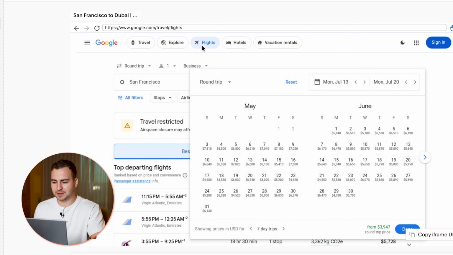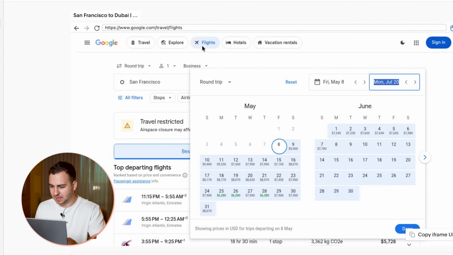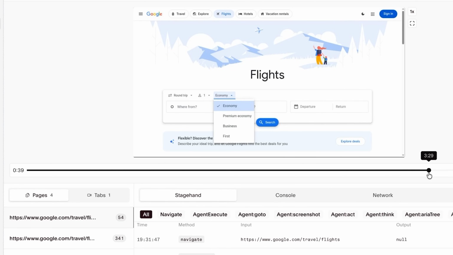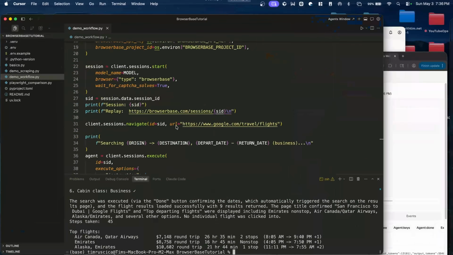So I thought it was going wrong here, but it's actually brought itself back to the correct page, and now it's doing the date selection. It's kind of scrolling through the months to get into May here. And okay, there we go. It picked May 8th. Now I'm looking for the 15th, hopefully. Okay, and now it's actually fully complete. We have the recording there. And if we go back